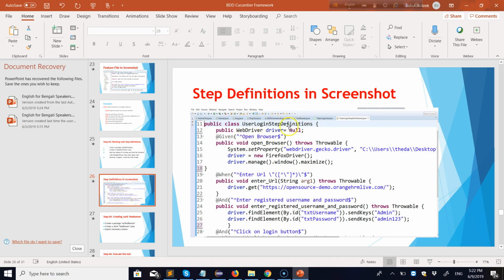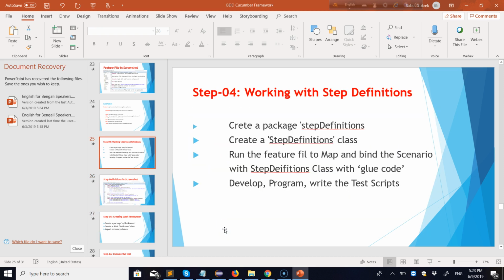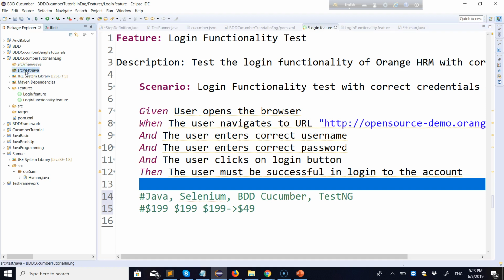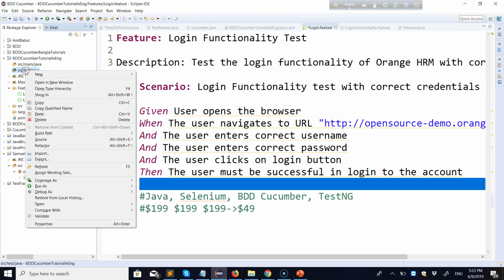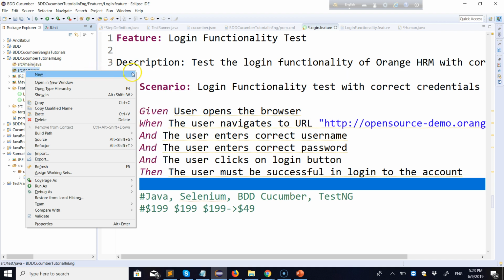Okay, this is step definition. I think it will be more clearer when we work in the demonstration. This is our project, and in our project we have src/test/java. In src/test/java, as I told you in the earlier video tutorials, the testers will work in this folder, and what I'm going to do,